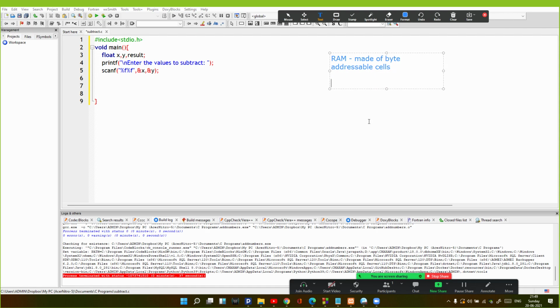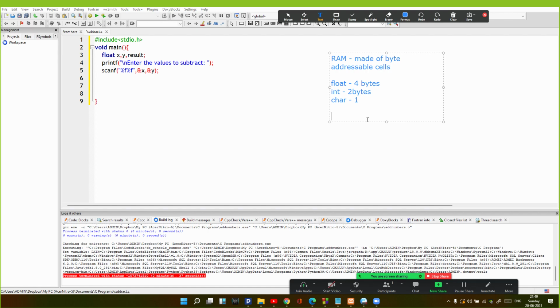Each cell is of 1 byte, but each type has different space requirements. For example, float takes 4 bytes, integer takes 2 bytes, and character takes 1 byte. Because different data types have different memory requirements, the number of cells will vary. So a float type will take 4 cells.